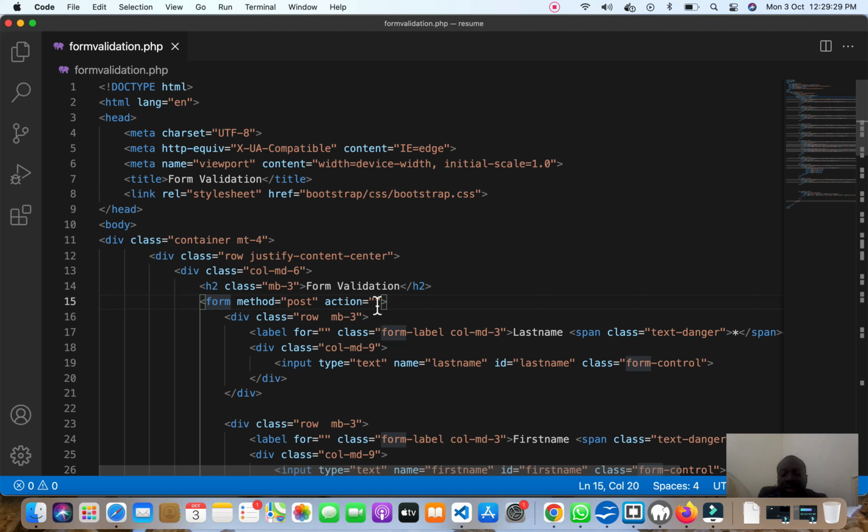Leaving it empty makes this page vulnerable to cross-site scripting attack, and also it is not supported by HTML5 to leave the action attribute empty. So how can we prevent this cross-site scripting attack? We can leverage the superglobal server PHP_SELF with the htmlspecialchars built-in function